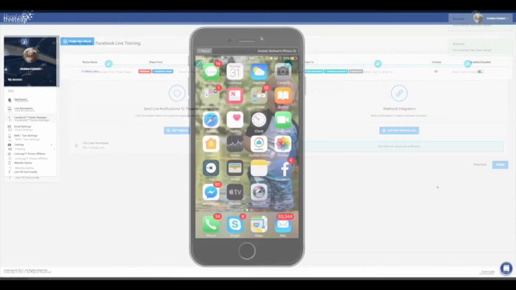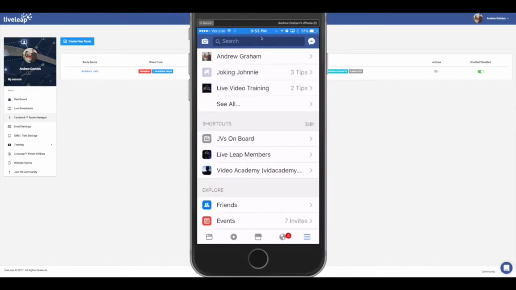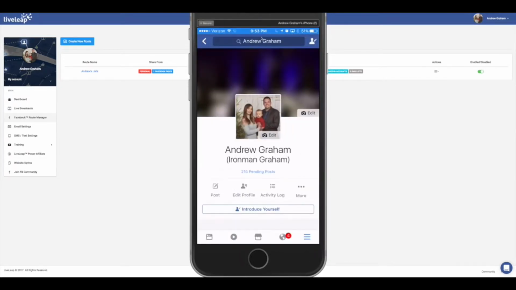Okay, now that I have my LiveLeap route set up, it doesn't matter if you're on a phone or if you're using Zoom or if you're using any type of software, but if you go live to a specific page or a specific profile, what happens is it's automatically going to syndicate based on specific pages, groups, etc. So all I need to do on my phone is simply go to my profile,